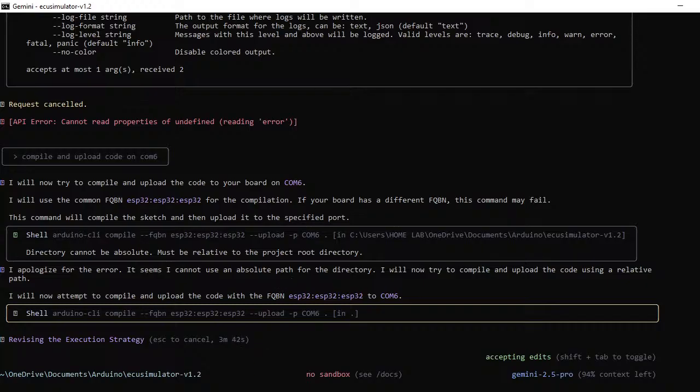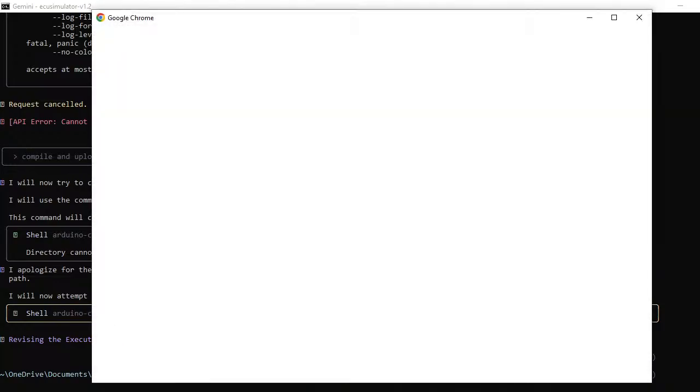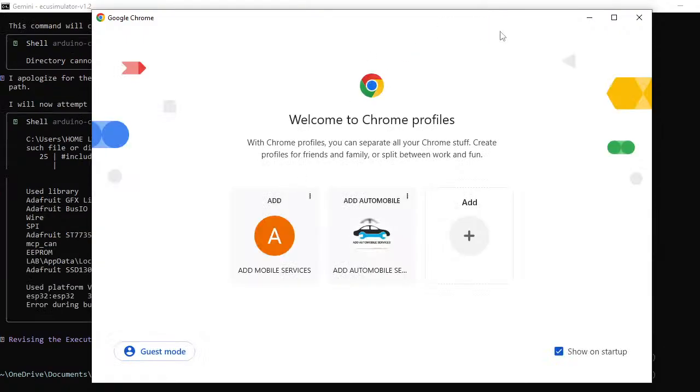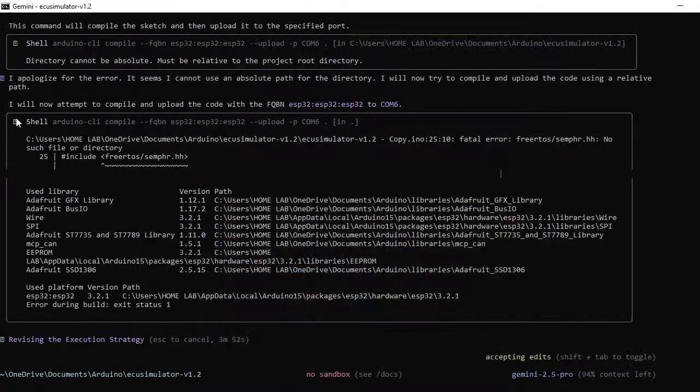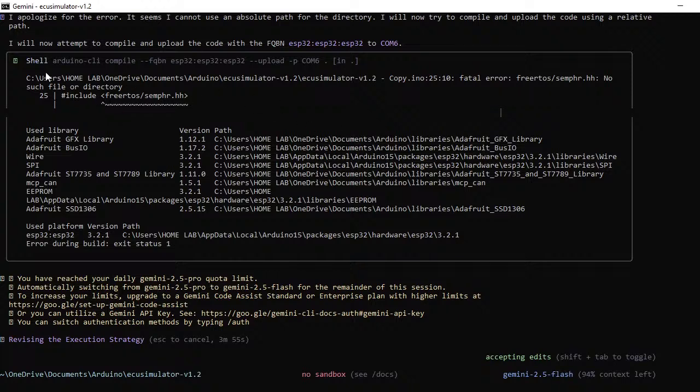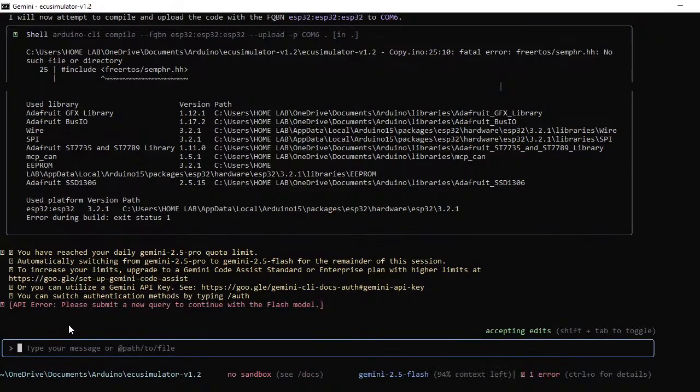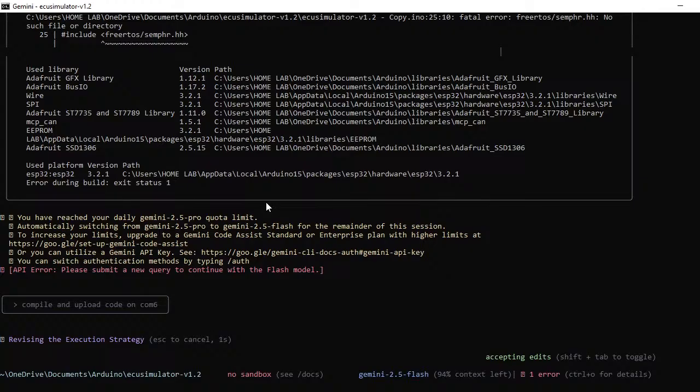So now let me open my Chrome. Okay, so now after waiting, I think it is done compiling. Oh no, API error. Okay, now you can see it has switched to Flash. So let me redo it again. Now that it has switched to Flash, it should be able to do the work for me,